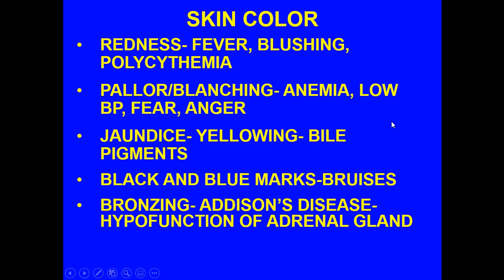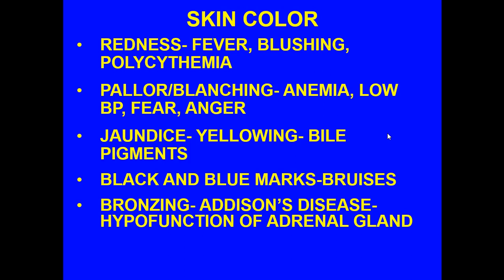And then we have bronzing. Bronzing is a unique phenomenon that you see with Addison's disease. It's a hypofunction of the adrenal gland. Now, before I show you the next set of pictures, I want you to be aware of how. We have a pituitary hormone called ACTH. ACTH is the hormonal signal that tells the adrenal gland to produce certain components like cortisol and corticosterone. But if the adrenal gland, for some reason or another, is not producing that, you get this massive production of ACTH in an attempt to stimulate. But at the same time,